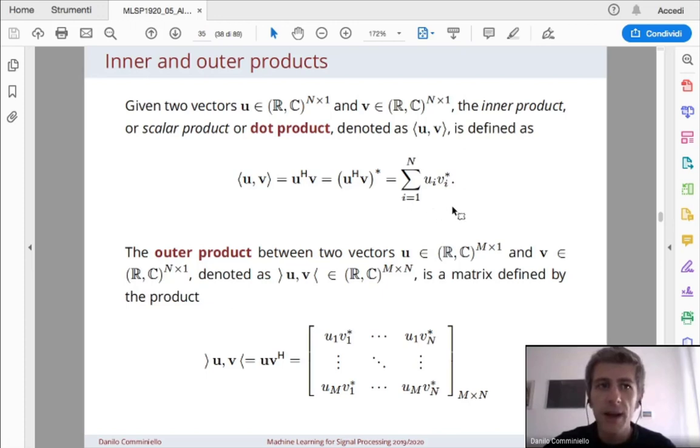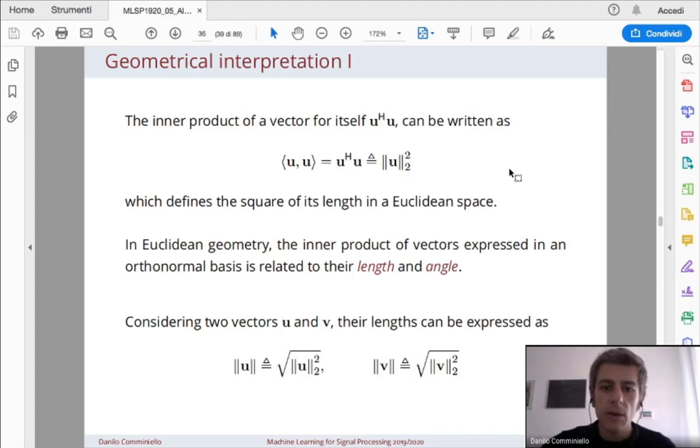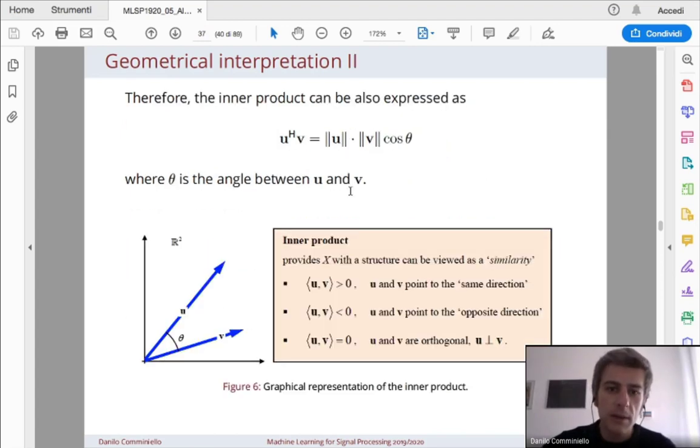The dot product is defined in this way. It is the classic operation, the classic product between vectors. The inner product, scalar product, or dot product is the same. So you are summing over the products of the elements at the same position. And you can also have some geometrical interpretation of the inner product. If you are considering two vectors, you have the scalar product as the